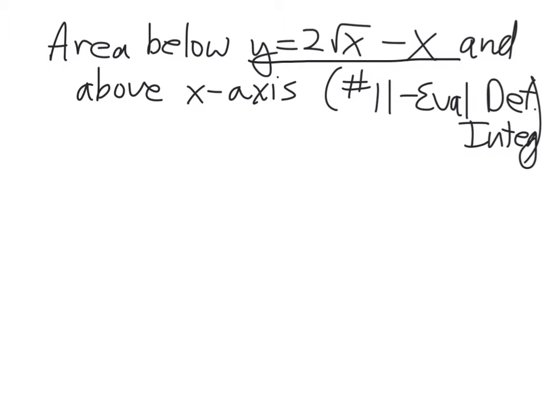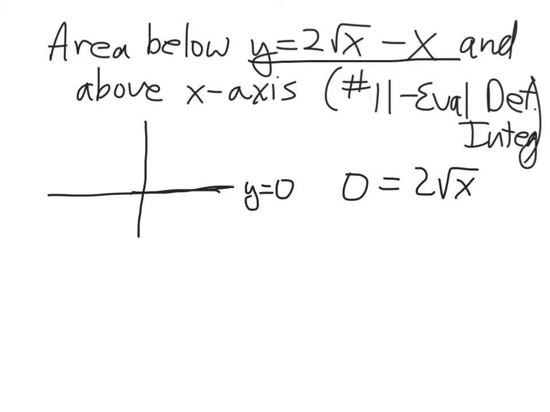So one of the problems with finding area, sometimes we have to figure out what the endpoints are going to be. And that one, let's see, well, try to graph it, but where is the y value equal to 0? Basically, when we talk about the x-axis, it's the same as saying y equals 0. So